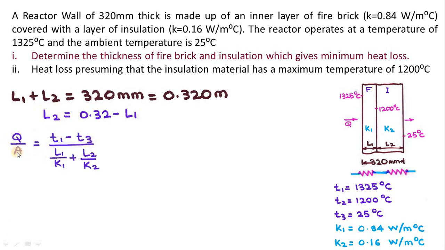As you know, Q upon A, I have explained, here are the two slabs. So I take T1 minus T3, the first and last temperature, divided by L upon K, where A I have taken to the left hand side. This is equal to, if I consider a single slab for the fire brick, T1 minus T2 divided by L1 upon K1. Similarly, I can write for the second slab T2 minus T3 divided by L2 upon K2.